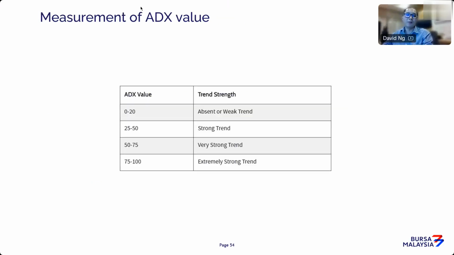ADX is based on a value. Anything that is above 25 is telling you that the trend is actually gaining momentum. Anything that's below 20 or below 25 is telling you that the market is heading sideways. So in a sideways market, if you try a trend trading strategy, it may not work. So keep that in mind. I think ADX is a very good measurement, as part of the DMI tool, for you to gauge the strength of a particular trend.